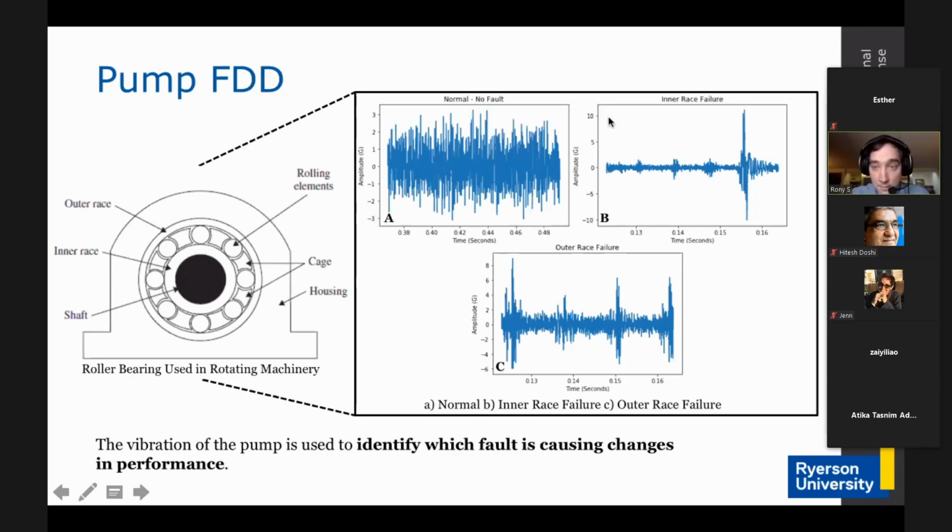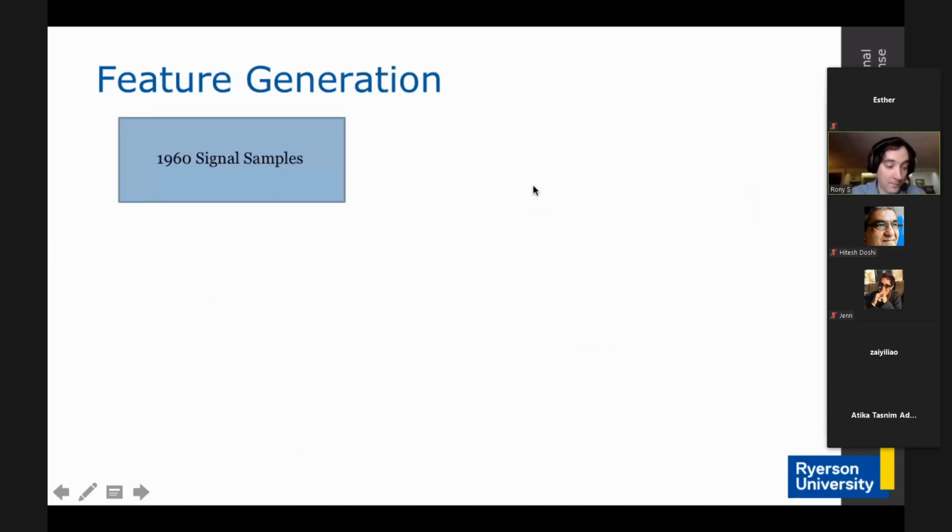But if we look at the second image, it's inner race failure, or this image B, you can see that there are several small peaks and a significant impact. And the same with the third image, where we have more observable impacts caused by this outer race failure. And so the goal is to essentially distinguish these three types of signatures and perform the fault detection by distinguishing these three. And so what happens was we had nearly 2,000 samples of our vibration across three types of